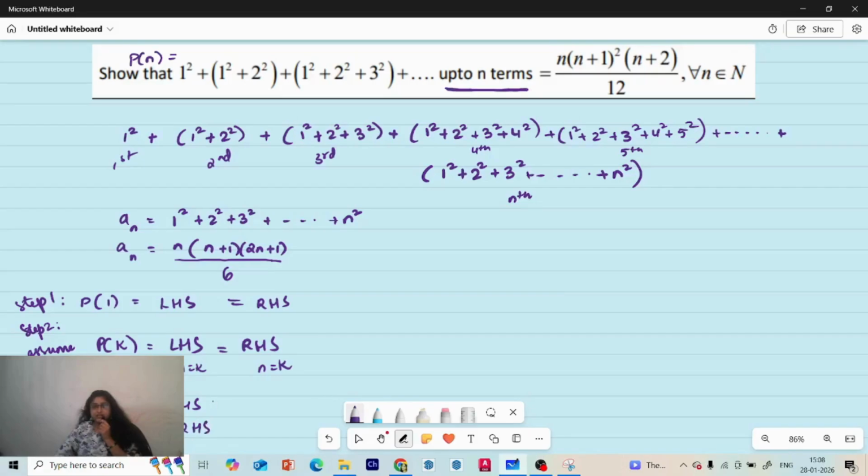And here suppose you get LHS and RHS equal, in all the cases you will get them equal. Okay, so manaki step 3 step 4 LHS RHS equal vachestundi annamata. And then we will conclude that by mathematical induction p of n, this statement is true for all values of n,